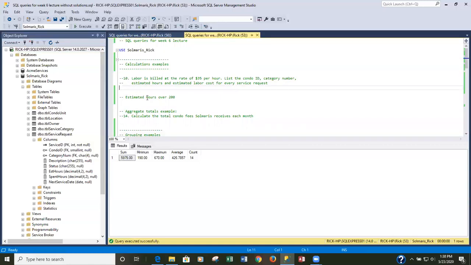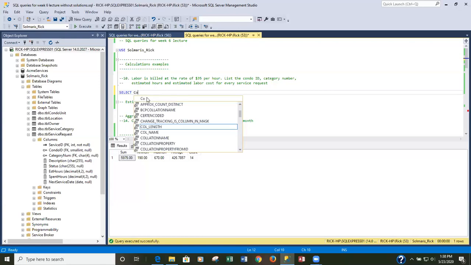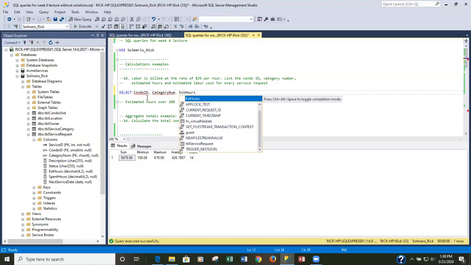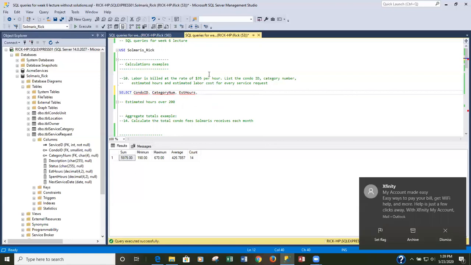So let's do that. We'll start with SELECT. I like to do that in uppercase letters, since that is an actual SQL command. And we're going to be listing condo ID and category number, and estimated hours, EST hours. And we need the estimated labor cost. That isn't in this particular table, so we have to calculate it. And we calculate it